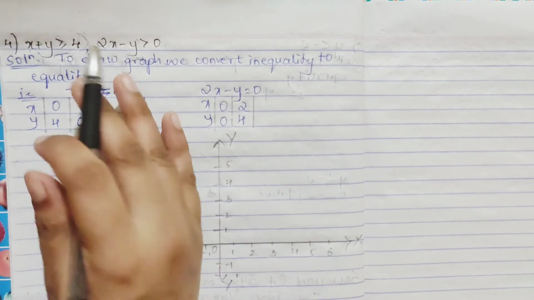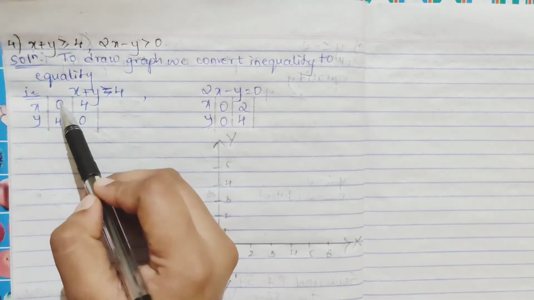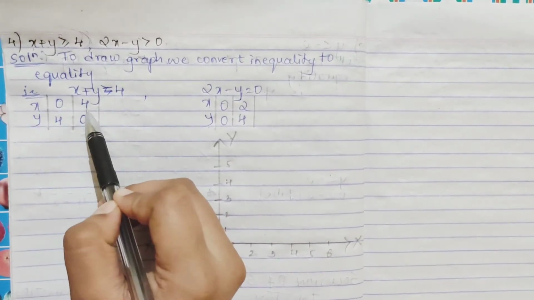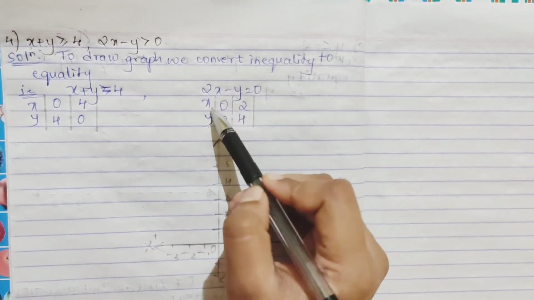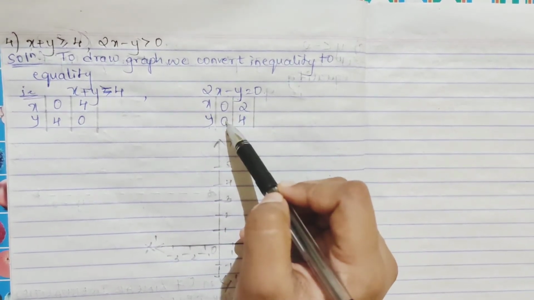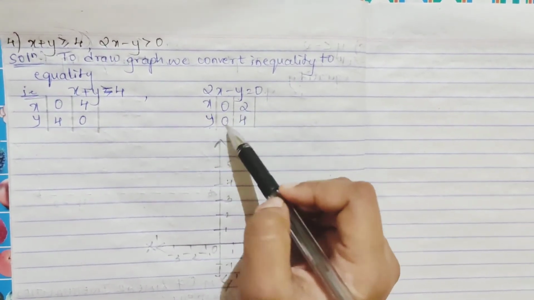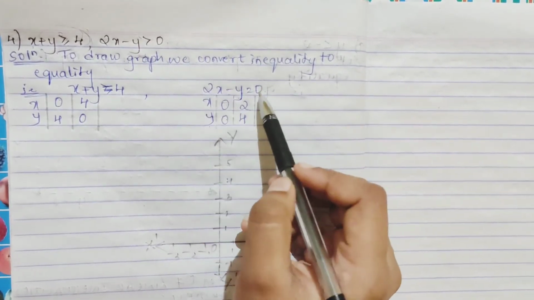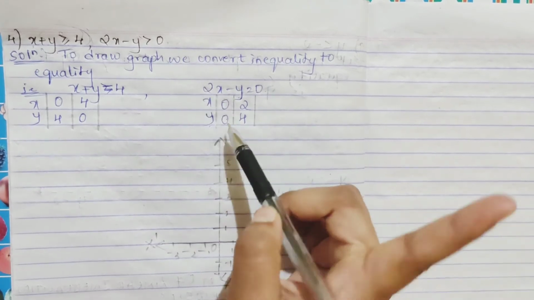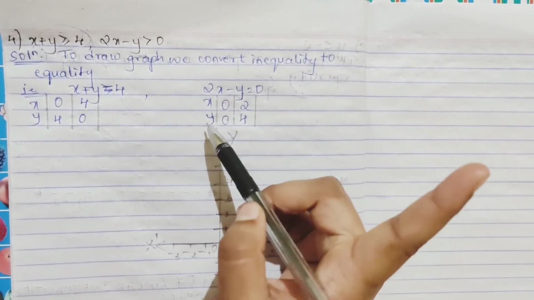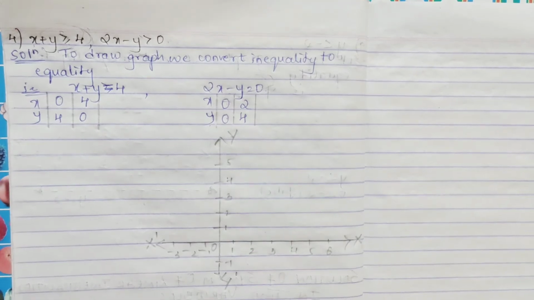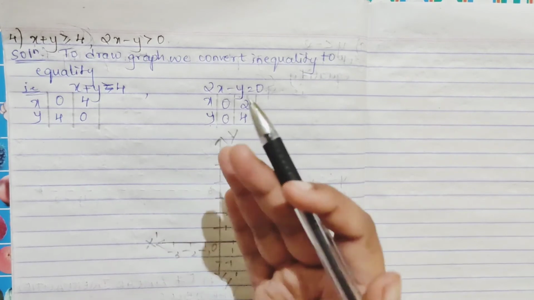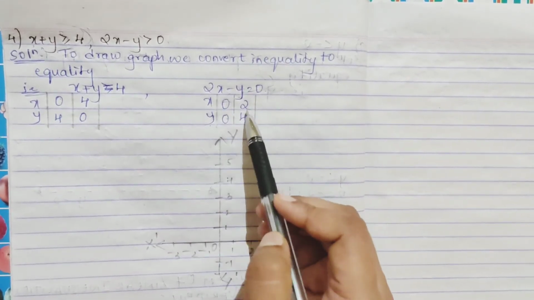So for this we have to find the solution, right? When x is equal to 0, you are getting y is equal to 4. When y is equal to 0, you are getting x is equal to 4. Next, when you put x as 0, you are getting y is equal to 0. So here you can see you are getting your dotted line, as it will pass through 0, 0. So for this equation, to check your feasible region, you have to not use 0, 0, right? To check the true or false part for this line, you have to use a point that is not on it. Second, when I put x is equal to 2, you will get 4.